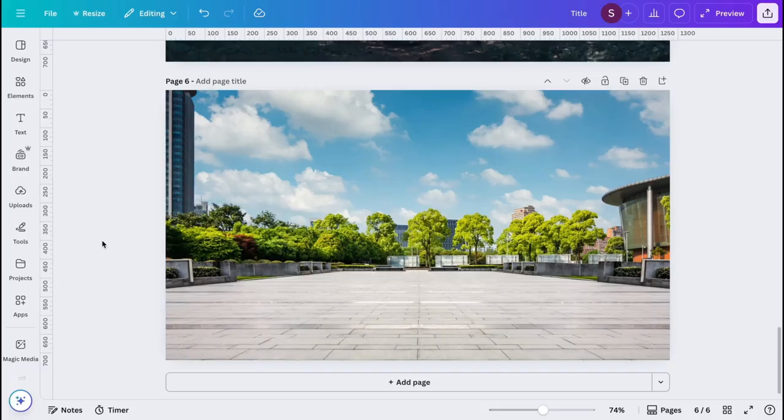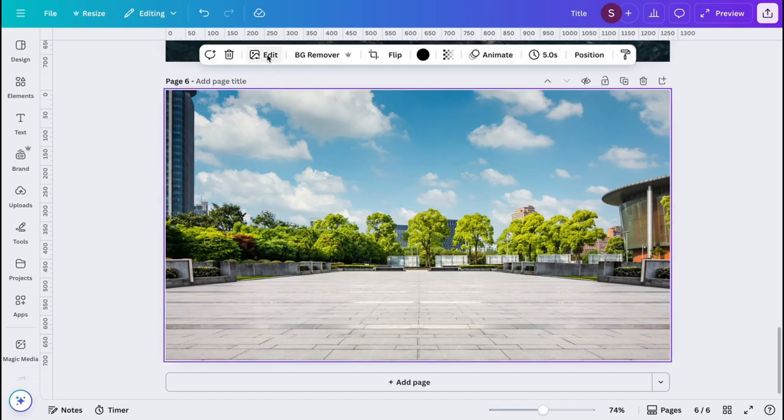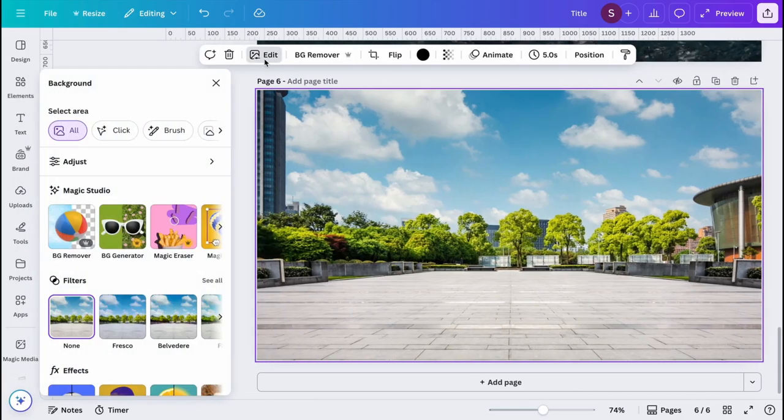Welcome back to App IQ, and today I'm going to show you how to use Canva's photo editing tools. Here on the page is an image. Select it, and in the top toolbar select Edit, and this opens up